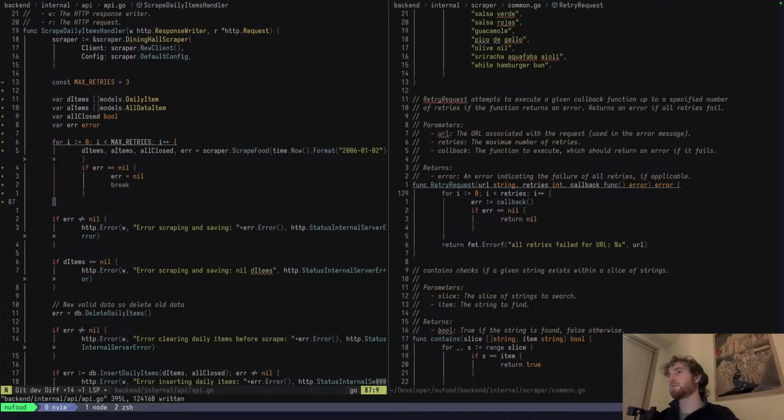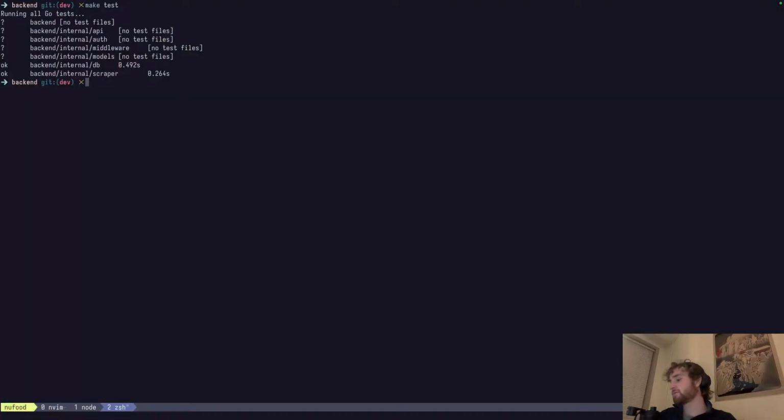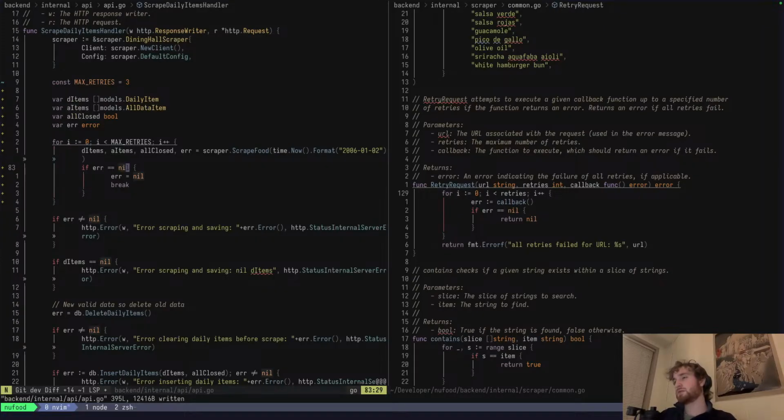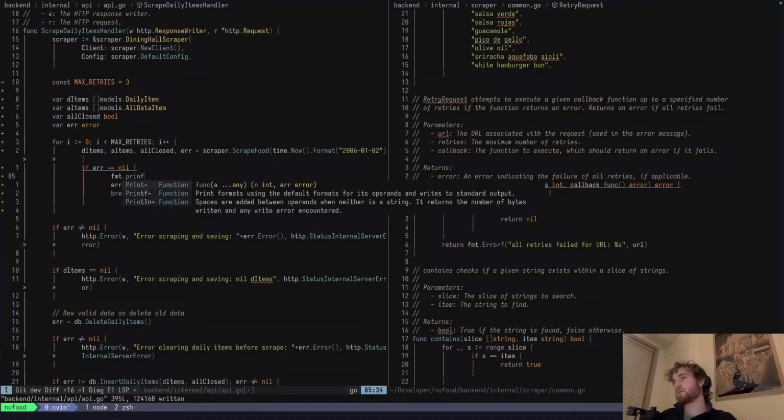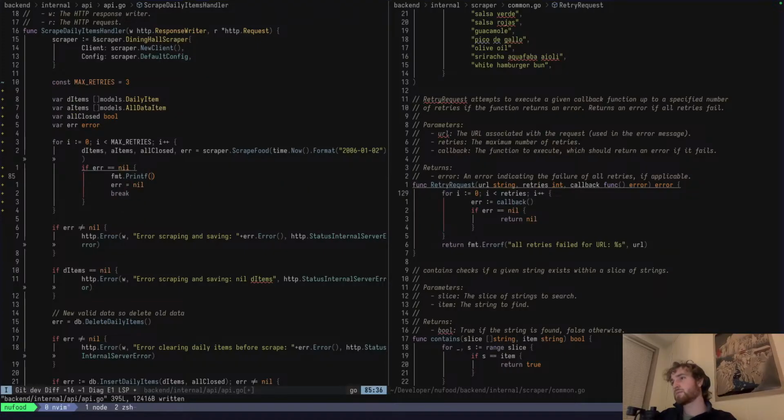Oh, I don't have any tests for the API. All right, maybe I can just test it manually. The thing I also don't understand is why it deleted the items if